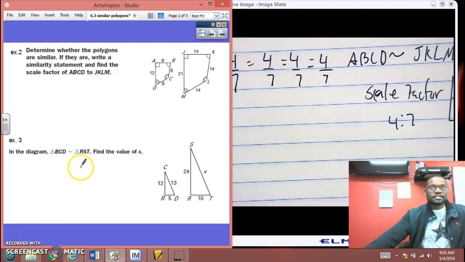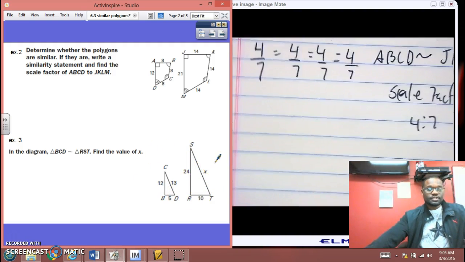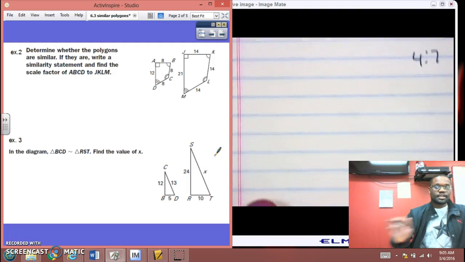In the diagram, they tell us that these two triangles are similar, so you know that the angles are congruent. We can already assume that. And so we know all three sides here, but we don't know this one. And so knowing that they're similar will help us by using proportions. And so what I'm going to do here is I'm going to say,